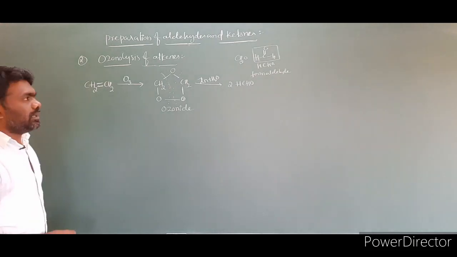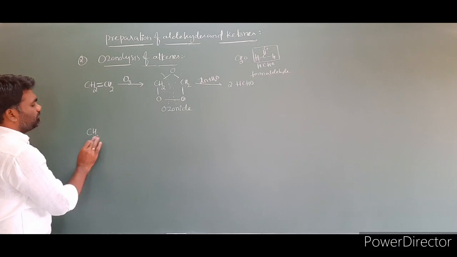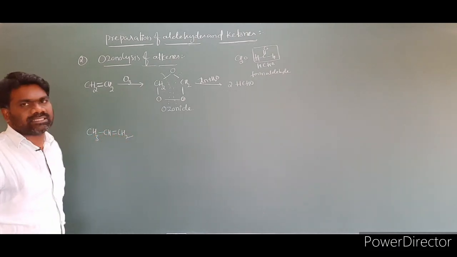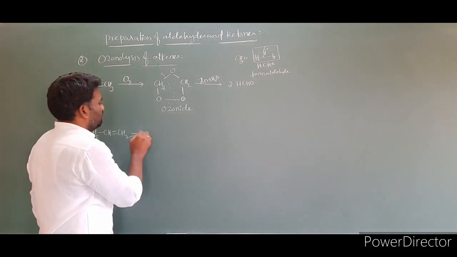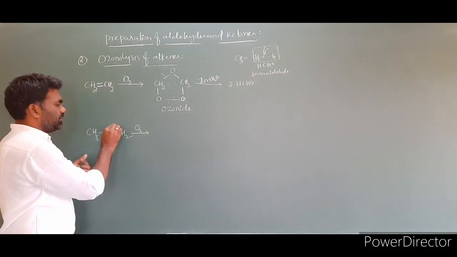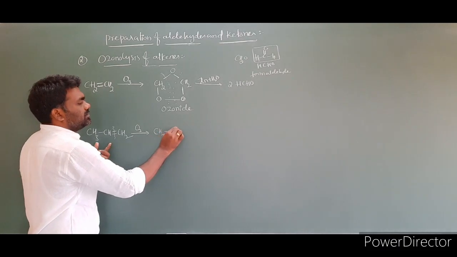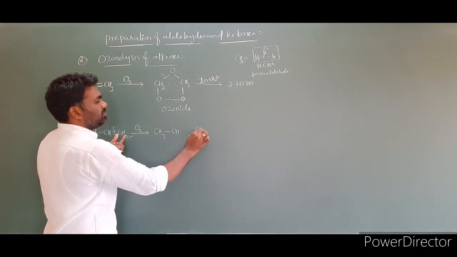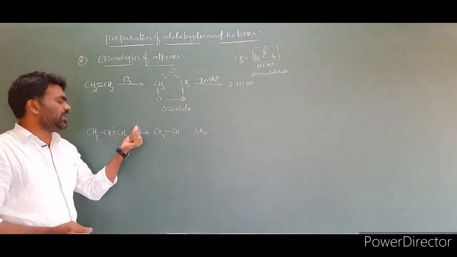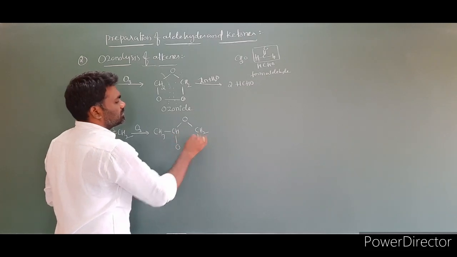And the second example, I am taking CH3-CH=CH2. Look at this example, you will get much clarity. Listen here, then O3. Break the double bond between the two carbons. Rewrite here CH3-CH and CH2. These two carbons will be joined by the ozone molecule, with the oxygens like this. Clear?